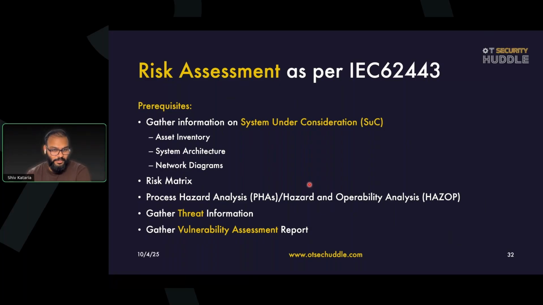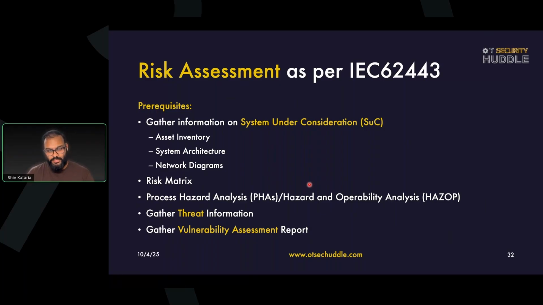Then you require a risk matrix. This risk matrix comes from the corporate side. It is generally used for corporate risk assessment, but you could also use the same one for your cybersecurity risk assessment as well. It could be a 3x3 matrix, or basically a heat map, 3x3, 4x4, 5x5, sometimes 6x6 and 7x7 also. In the context of ICS, you also need to understand what safety issues could happen